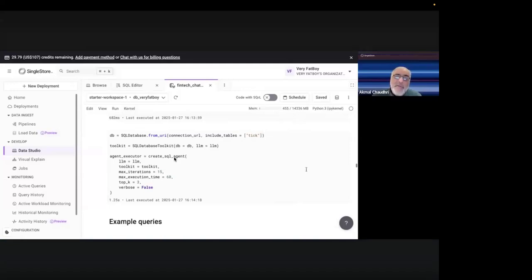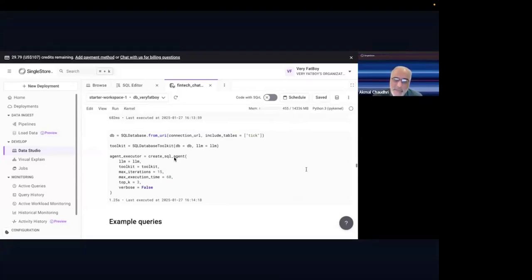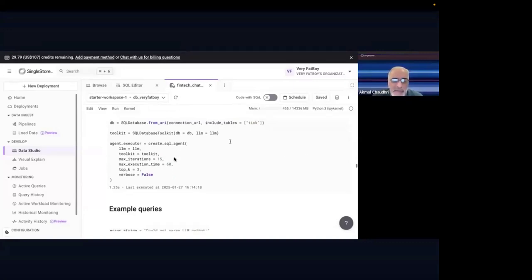That's useful because if you have a database system with lots of tables, you don't want it going off and interrogating those tables. We keep it specifically focused just on the tick table, which we know currently is all that exists. But just for safety, we set up the toolkit, we point to the database, set up the LLM, and then we create this agent.